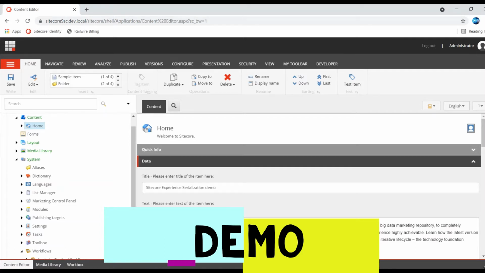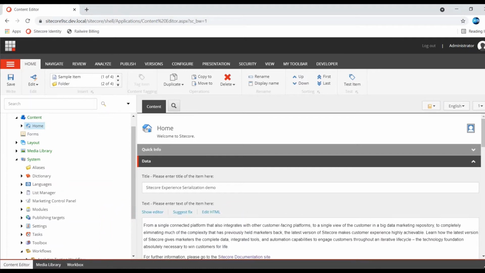Today I am going to show you how to create a workflow and how to consume it. Basically, a workflow has three parts: state, command and action. State decides the different states, like draft, awaiting approval and final publish. Command is what you do inside the state: requesting approval, approving or rejecting the item.